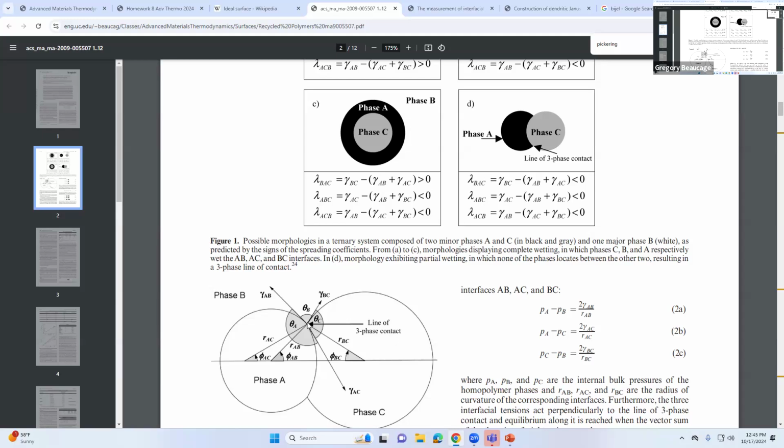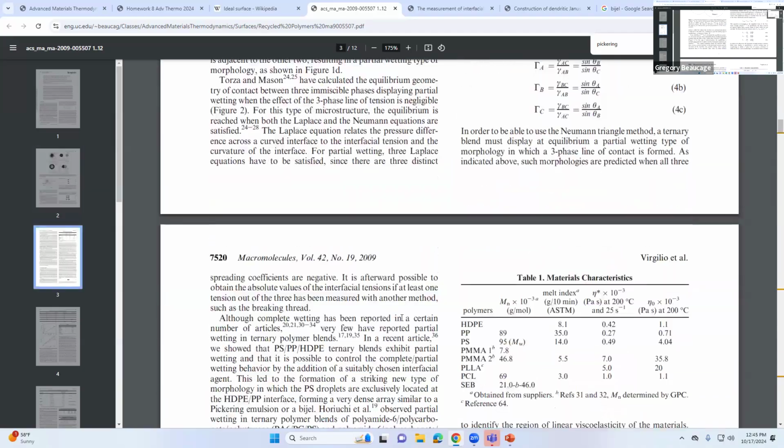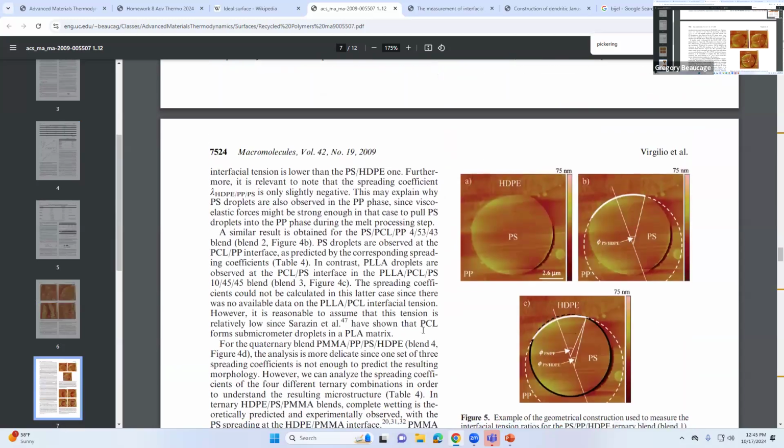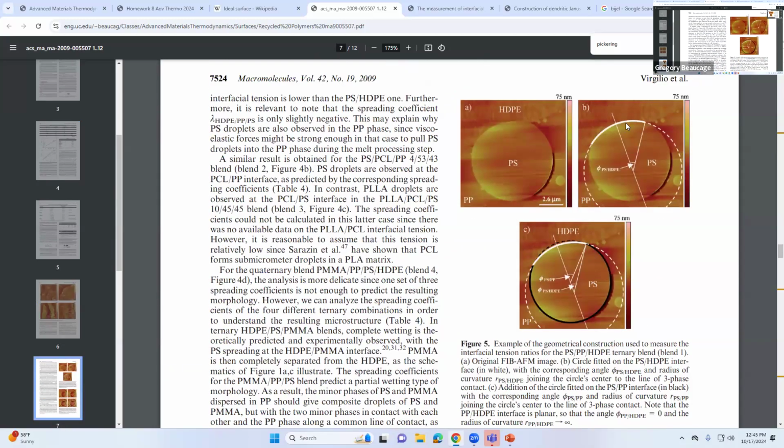And at that point, you would want to know what's the contact angle of one of the fluids, like phase A, with the other fluids. But you can't exactly measure that. So he comes up with a construct where he can get the curvature of phase A at that point. In other words, this picture doesn't exactly show it, but basically in the micrographs, he shows how to get the curvature. So he's going to draw a circle at that point of three-phase contact, right? This kind of hairy thing at the top that you can barely see, you can blow this up, is